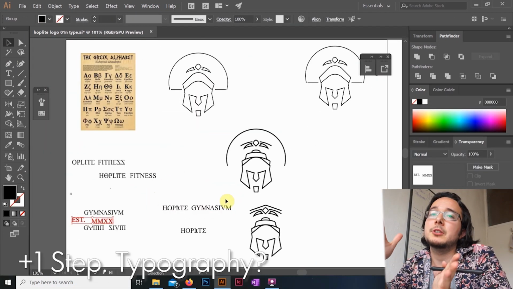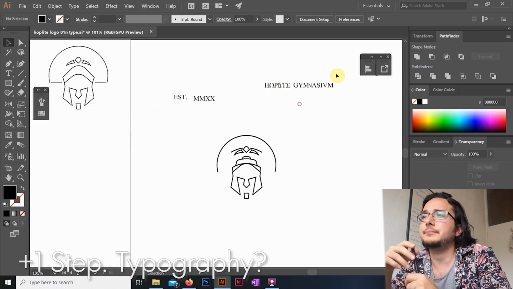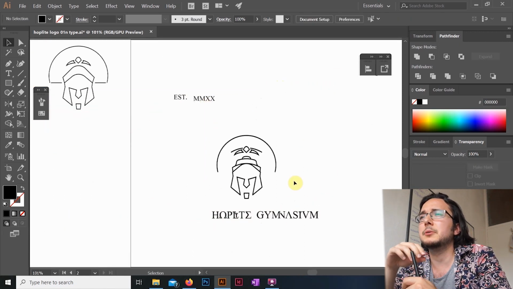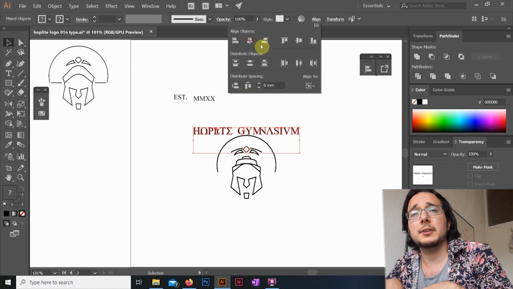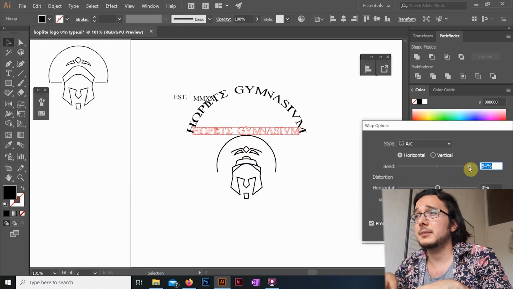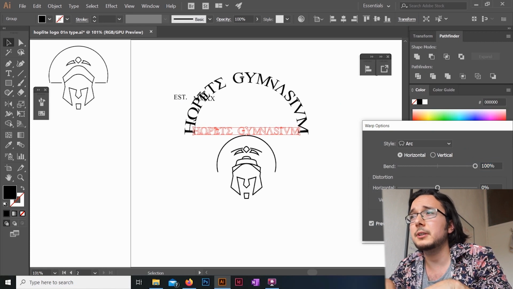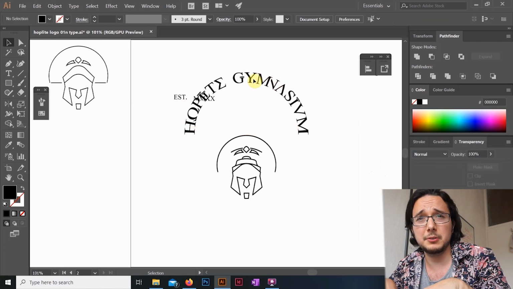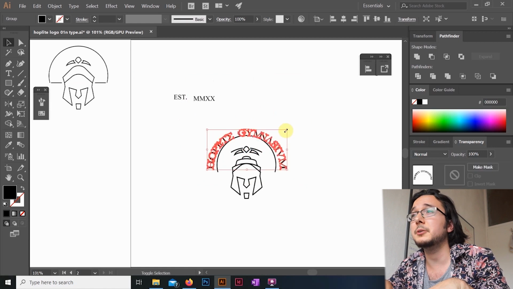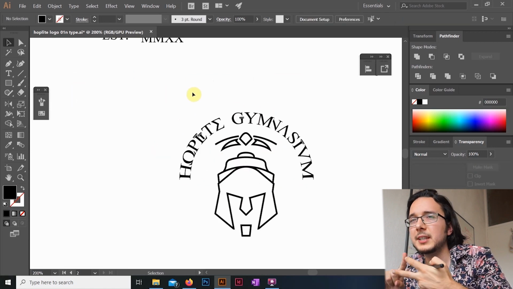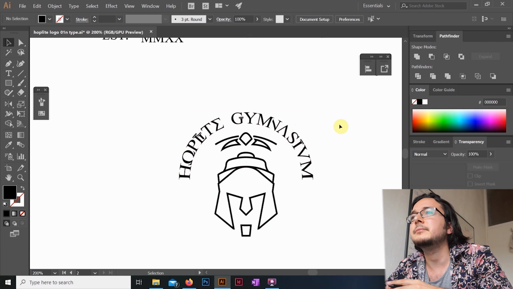Now I want to briefly mention typography as an extra step. I think I will make a video on type in the near future anyway, so I'm not gonna say a lot about what I did here, but in case you need some quick advice, just make sure that the type work complements the art direction you are going with the shape-based logo. You know, the same line weight, same color, same feel, that kind of stuff.